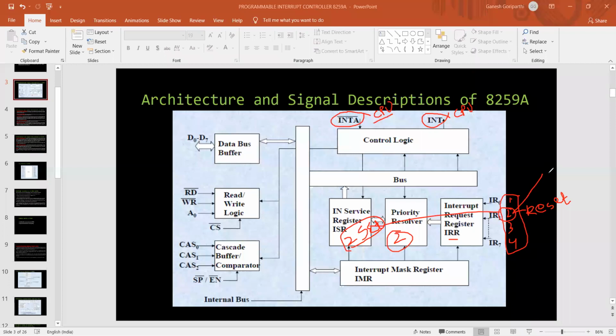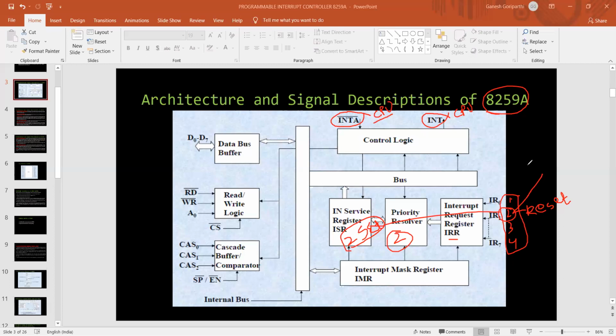So that is the meaning of the point. During this entire process, the 8259 will not accept any interrupt request. That means no data will be transferred. That is the meaning. Hope the point is clear. Just to make you understand, I'll give you an example. Suppose, see, you will be seeing the toll gate.